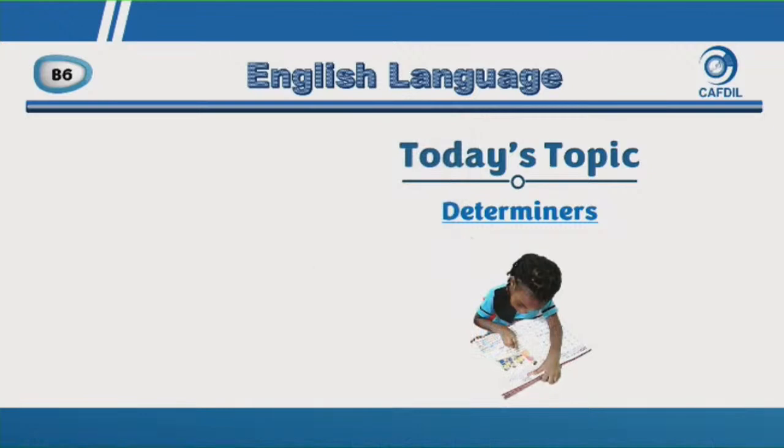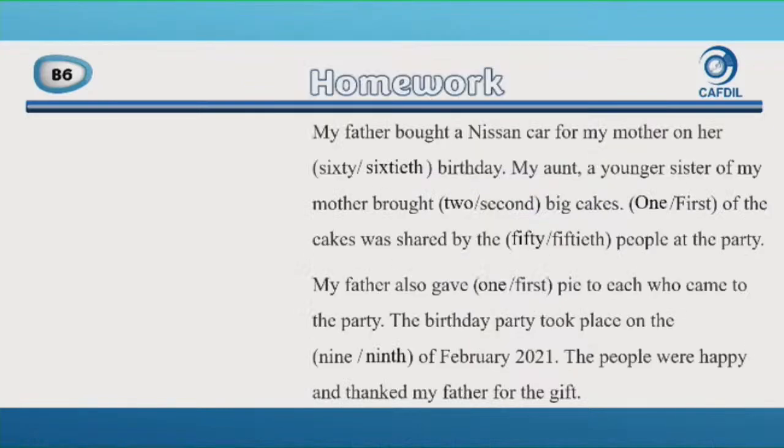But before we start with that, let's mark our homework on the previous lesson. The instruction reads, find out the cardinals and the ordinals in the short passage. So I read, my father bought a Nissan car for my mother on her